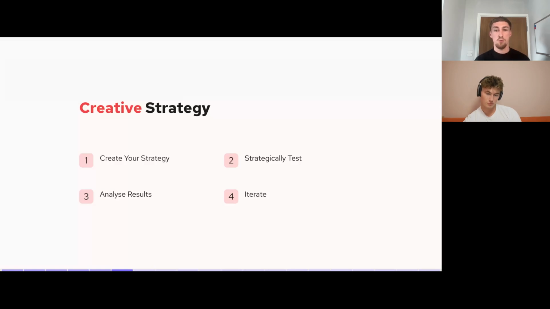And then we know that once we put these in the ad account and we strategically test them, and then we analyze the results, we can look back at the document and we can say, why did this work? Where can we learn from it? And how can we build from this? So some stuff will work and some stuff won't work. That's the nature of the game. And everything's not going to work every single time. So when you find something that doesn't work, don't just ignore it. Make sure you learn from that as well, because it's just as important. You can see, okay, my customers don't like this. Where can I learn? And it's the exact same with stuff that works as well.